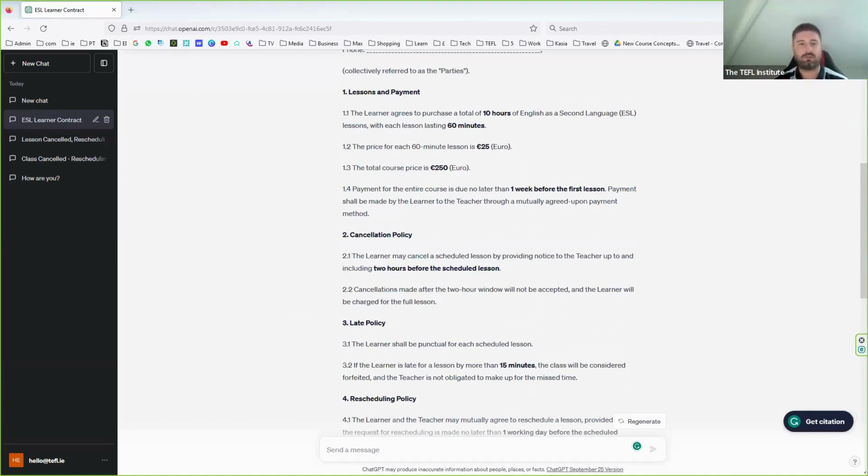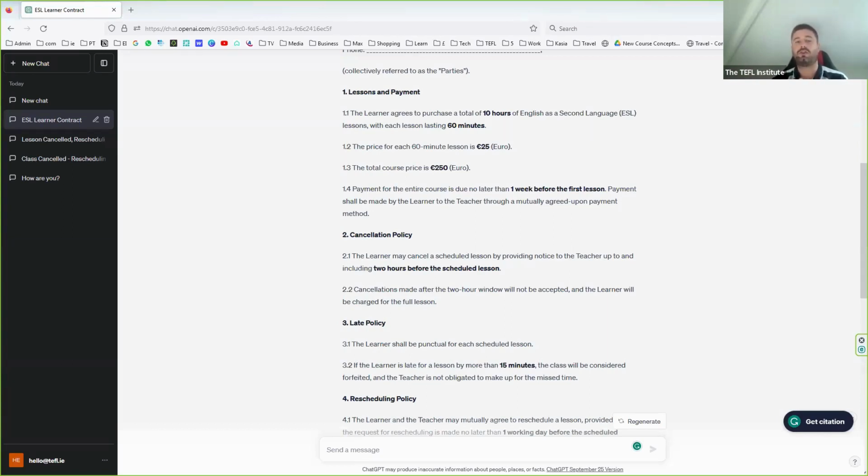You don't want to be messing around with documents. That's not what we do. We want to plan lessons and deliver them, don't we, and teach English. Okay, so that's a really, really nice example of a contract. Just a little bit of chat where, for example, we can talk about a syllabus. I'm not going to give you an example because I want to go straight onto lesson plans, but